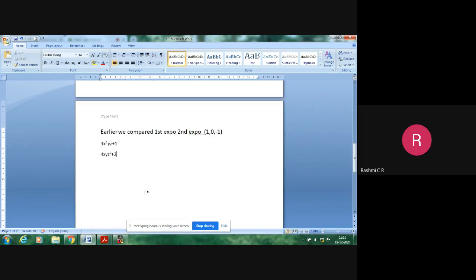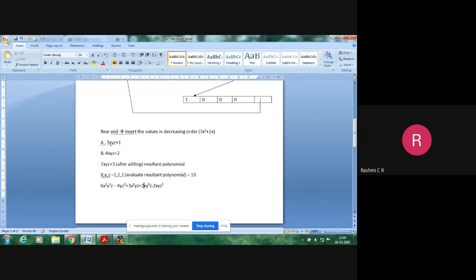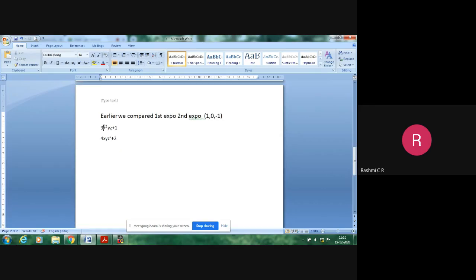So what are the cases you may get? Consider an example like this. Earlier we compared only the exponent for x. Suppose you have only x terms, the comparison is easy. Suppose you have multiple terms like x, y, z, you have to compare different cases here. Let us understand that for the initial case of x.